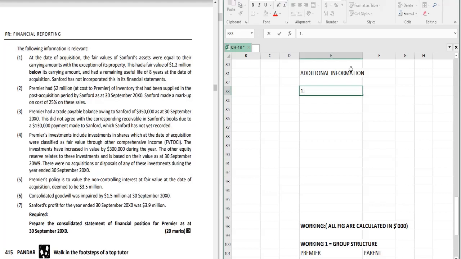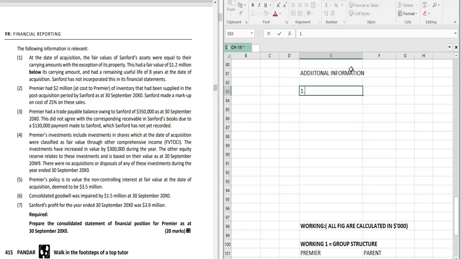This additional information is the same as we have done in the previous video questions. The only difference is that in the question which we have done in the previous video, there is the excess amount of the fair value above its